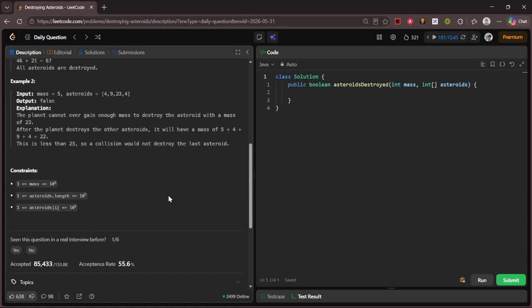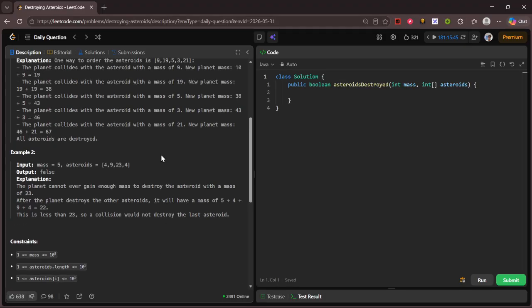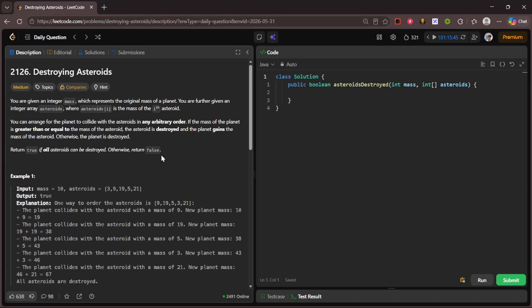Now I can understand. The expected output is true. Now we have to go through the intuition. So how do we get to the intuition? Let me write it down. One second. So now in the intuition,